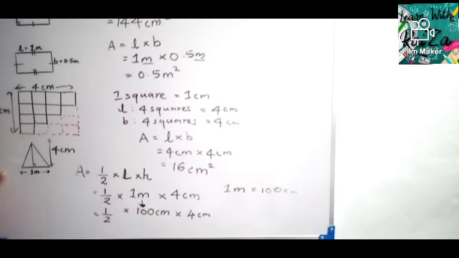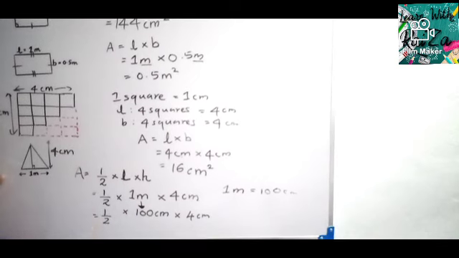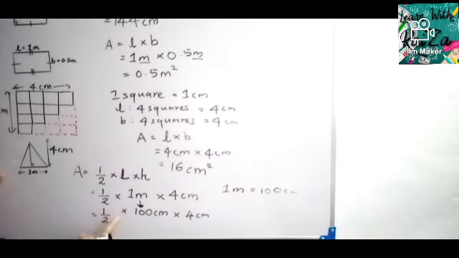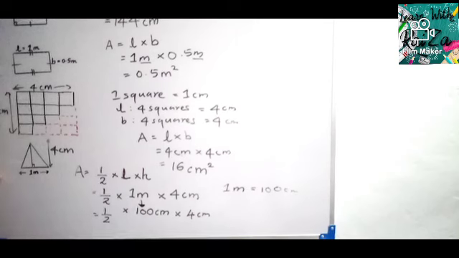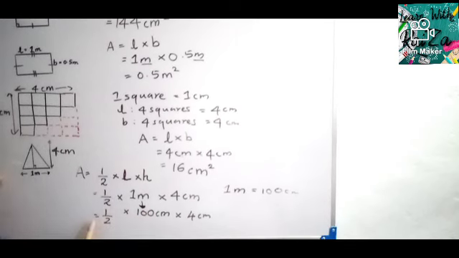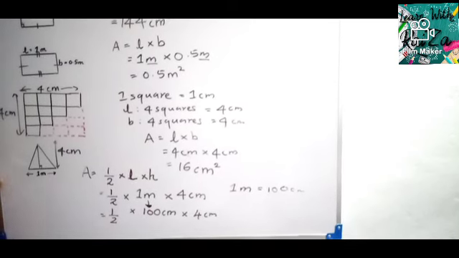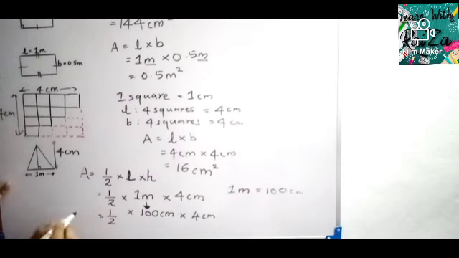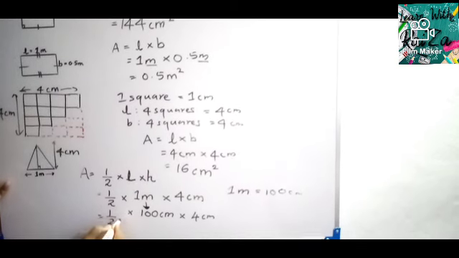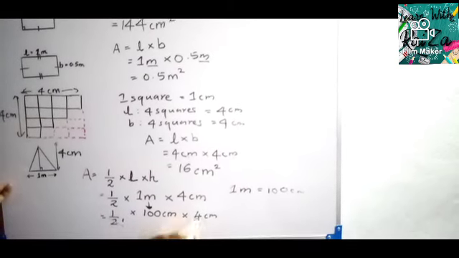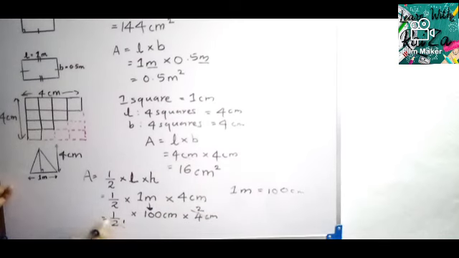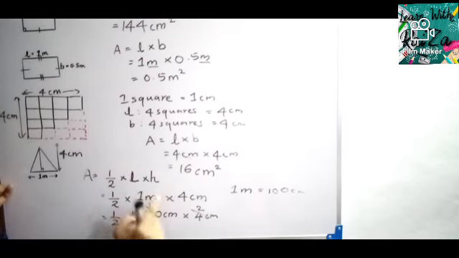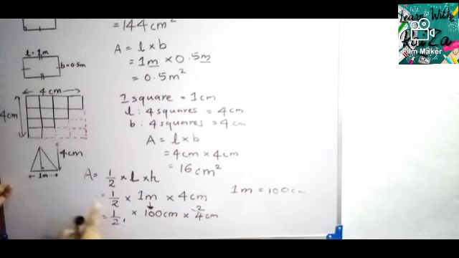Now simplification. Grade 7s, learn to simplify. Here 2 is given. Don't go to multiply and divide and everything, like 100 times 4 is 400, 400 divided by 2 is 200. It's okay, but more than that, easy cancelling. Always learn to cancel. 2 times 1 is 2, 2 times 2 is 4, 2 times 1 is 2, 2 times 2 is 4. You have to cancel with the same number.